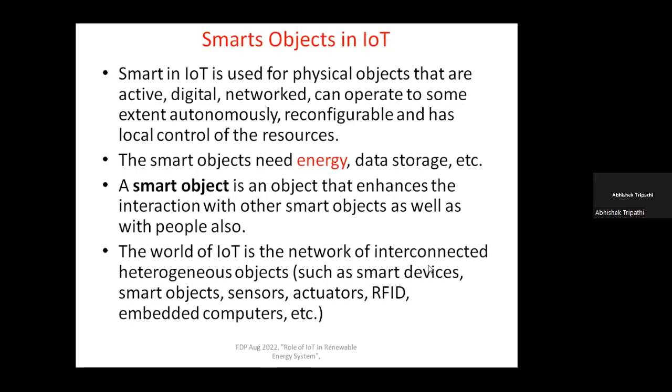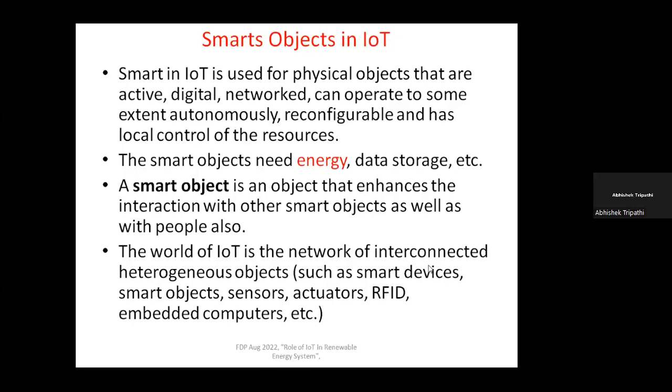That's why these objects are smart, and the data collected from these smart objects needs to be stored, and these smart objects need energy actually. So that's why we call these objects smart objects, because these objects need energy, and that should be low energy actually. So a smart object is an object that enhances the interaction with other smart objects as well